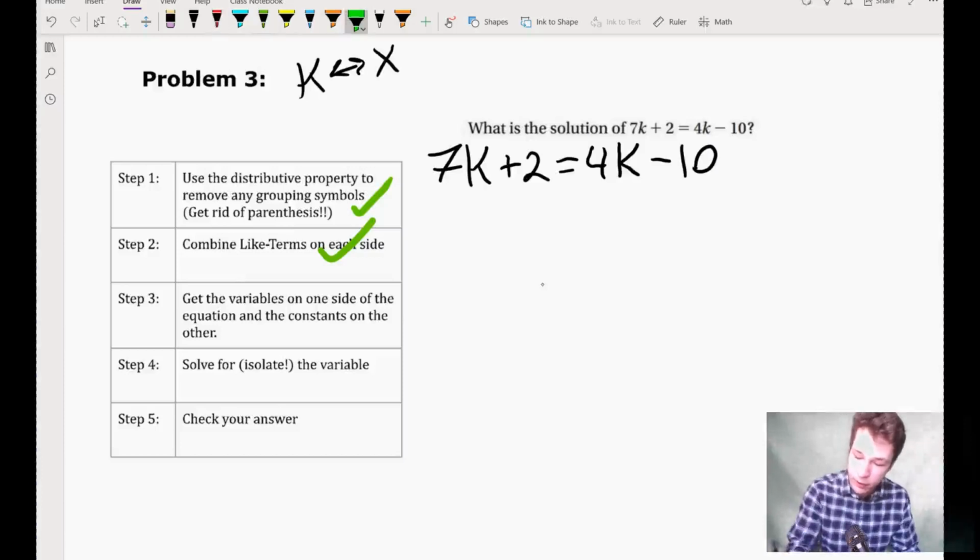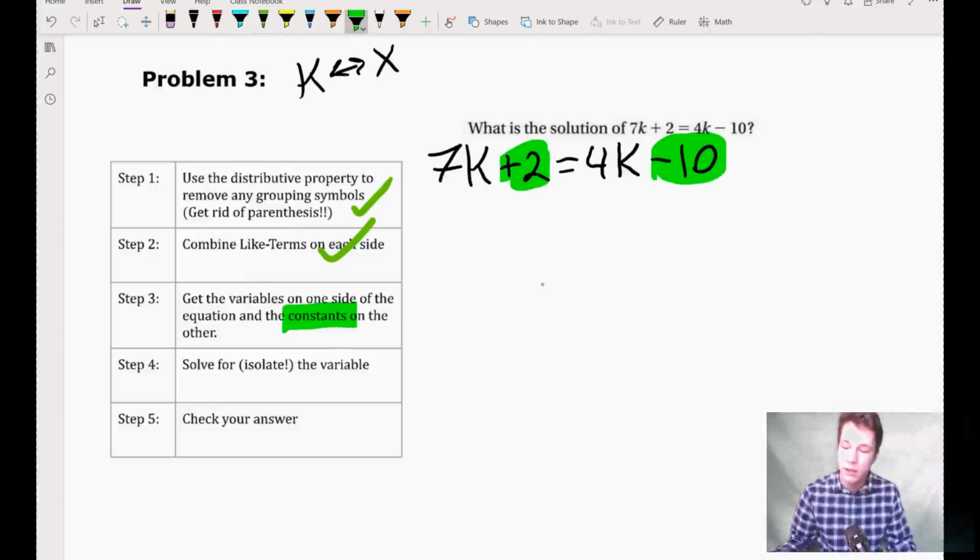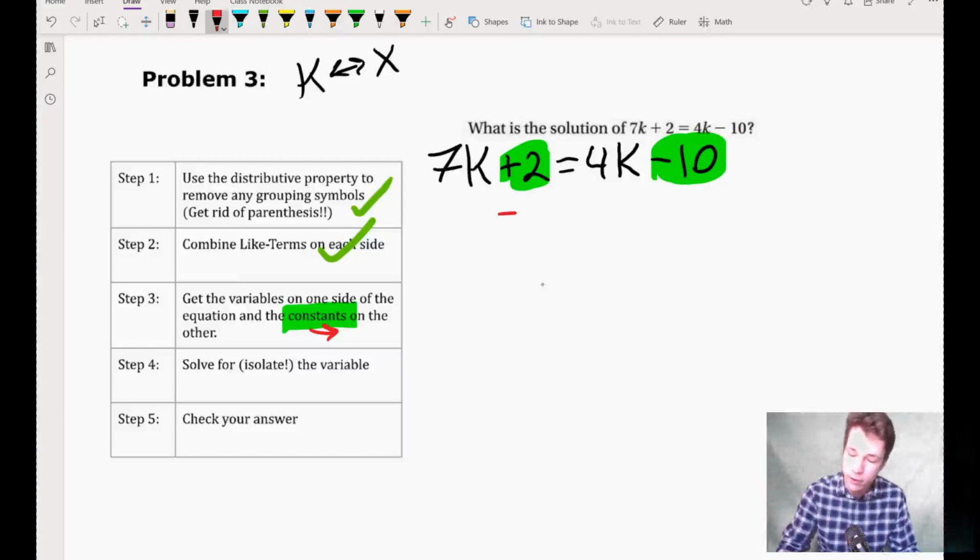Let's take care of those constants first. So I'll highlight them in green. We have a positive 2 and a negative 10. Let's move those over to the right side. To do that, I need to get rid of that positive 2 on the left. 7k plus 2, that's an added 2, so I need to use the inverse of addition by subtracting 2 on